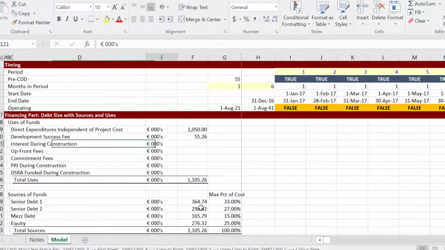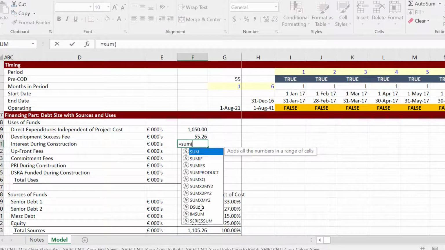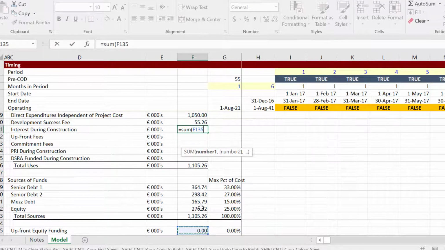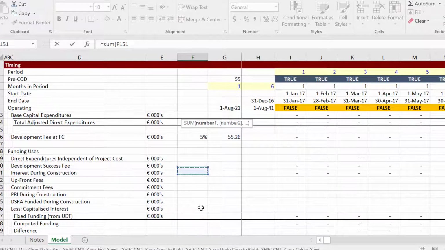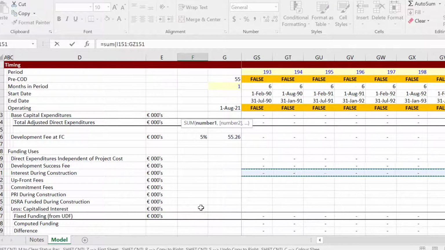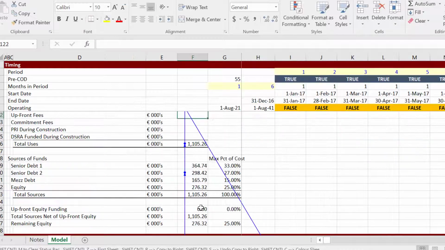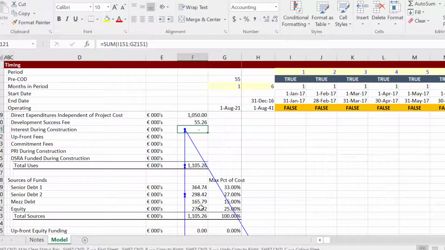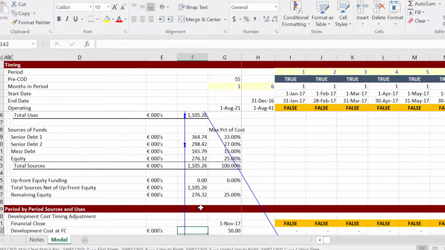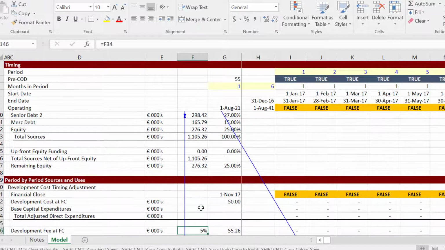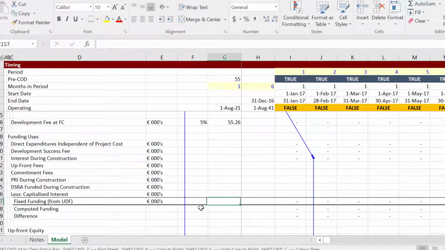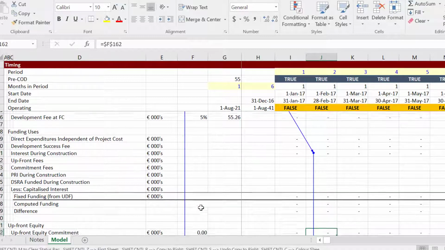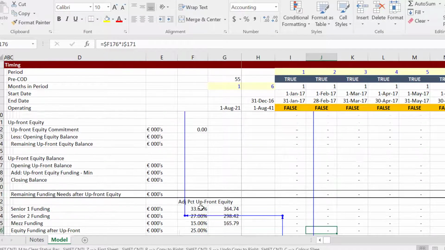Now, if we then put a sum of the interest during construction, just like we did before, we're not going to get a circular reference, I don't believe. I hope we don't. Oh, we do. Hang on. This interest during construction is a function of this project cost, which drives the debt, which in turn drives this, but I was hoping we wouldn't get it from here. It seems that we will